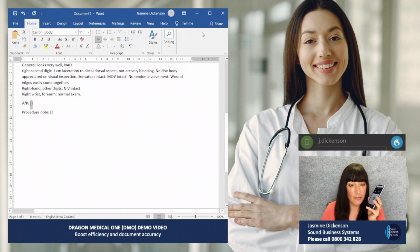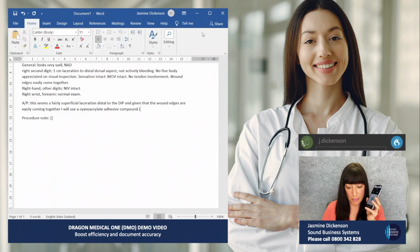This seems a fairly superficial laceration distal to the DIP, and given that the wound edges are easily coming together, I will use a cyanoacrylate adhesive compound, open bracket, e.g. Dermabond, close bracket,